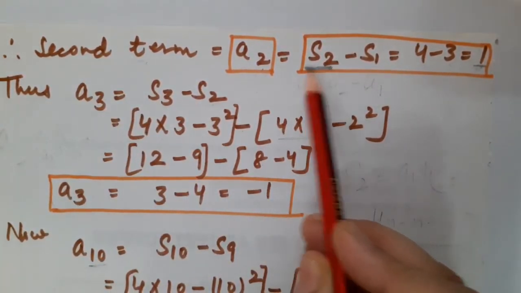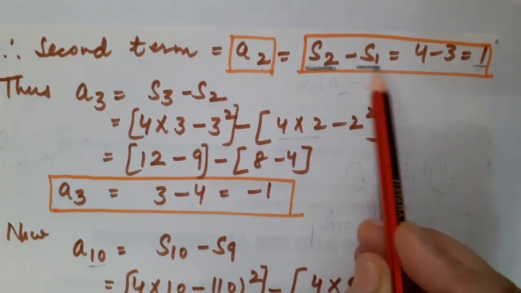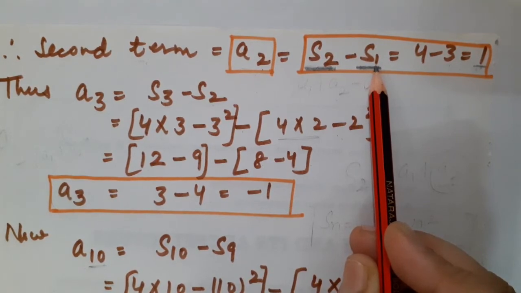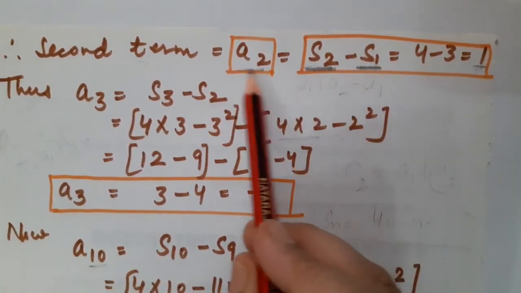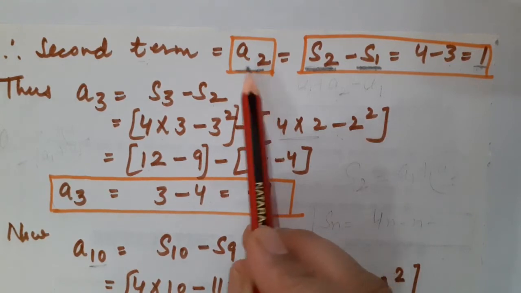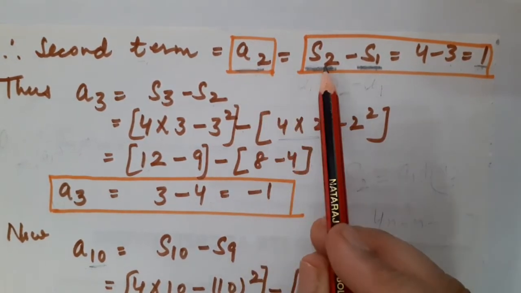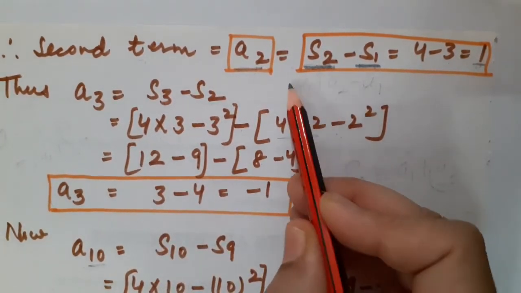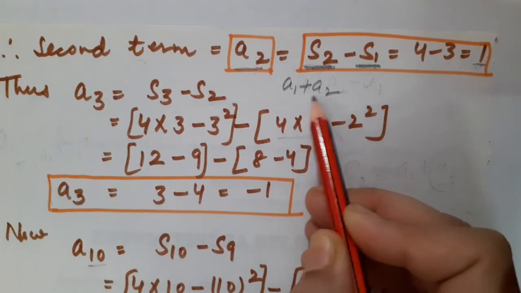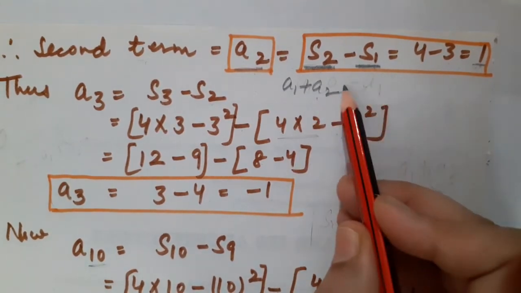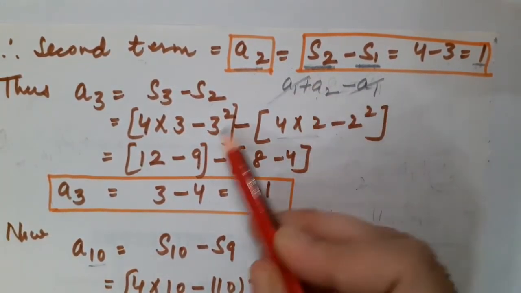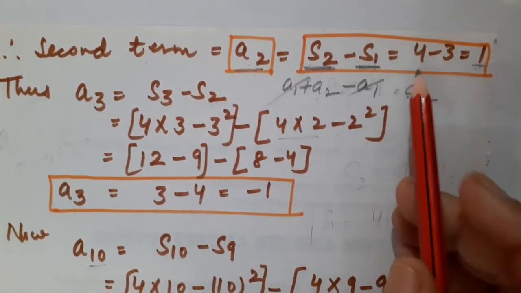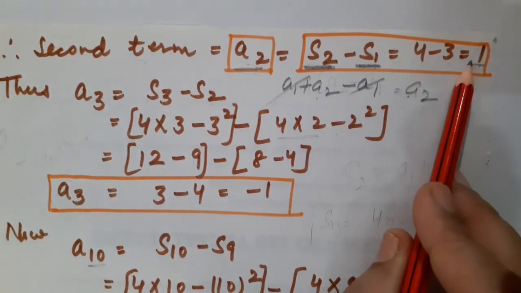Children, when you know the sum of the first two terms, and you know the very first term, or I can say the sum of one term only, though it is not possible to find out, then it is very simple to calculate the second term. So the formula will be A2 is equal to S2 minus S1. That I have explained to you earlier. S2 is nothing but the sum of the first two terms, let it be A1 and A2. This sum, and I have to subtract the very first term, means I have to subtract A1. They are going to be cancelled. Ultimately, what am I going to get? I will be getting A2 only. Correct? That is 4 minus 3 is equal to 1.